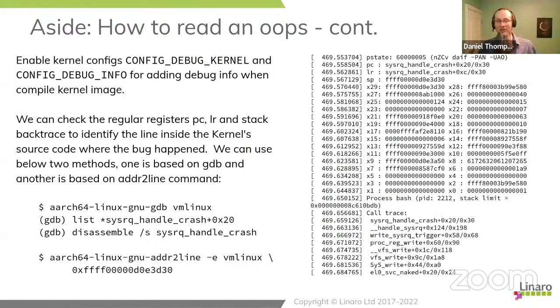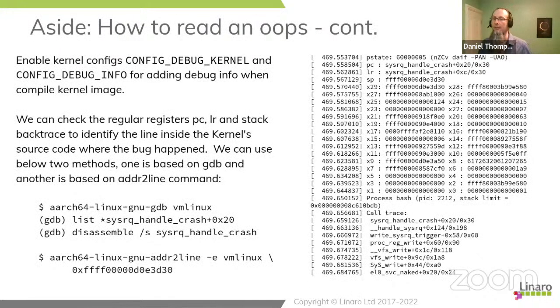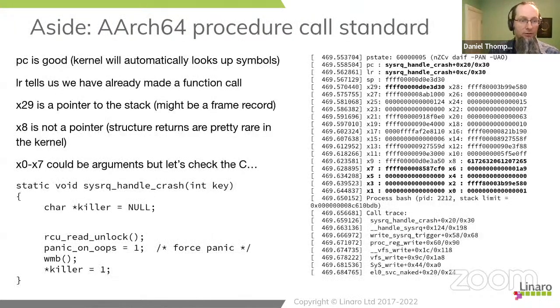The other thing that we can do with these registers is try to extract function arguments. Now, sysrq handle crash is not the best example of this because it doesn't have very many interesting arguments. But ultimately, on a 64-bit ARM system, the first 8 parameters, if they are not structures, are going to be stored in the first 8 registers. So the first argument to a function gets stored in X0. You do need to be able to read a little tiny piece of assembler to find out if X0 has been modified. But that's actually not too bad if we've got a preamble somewhere.